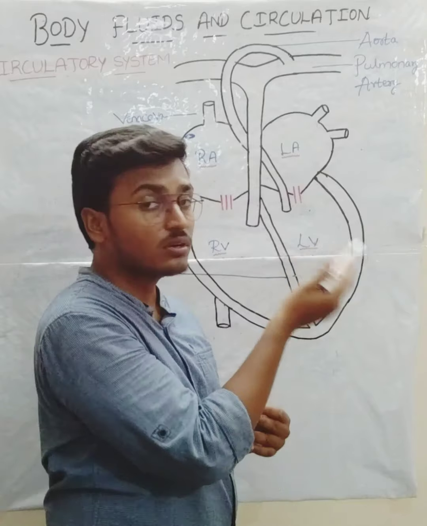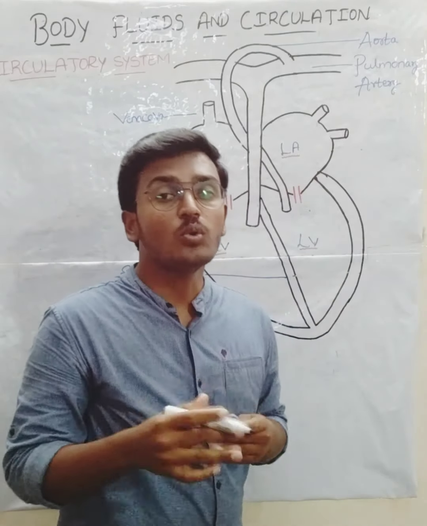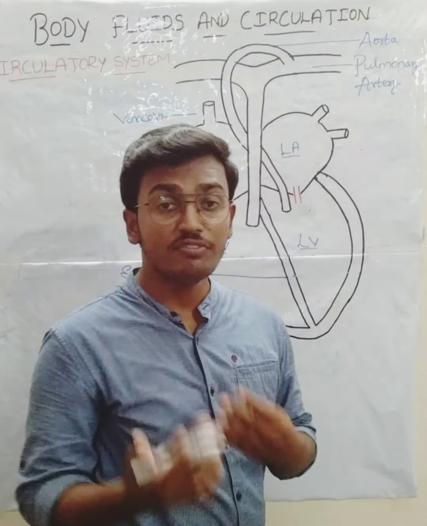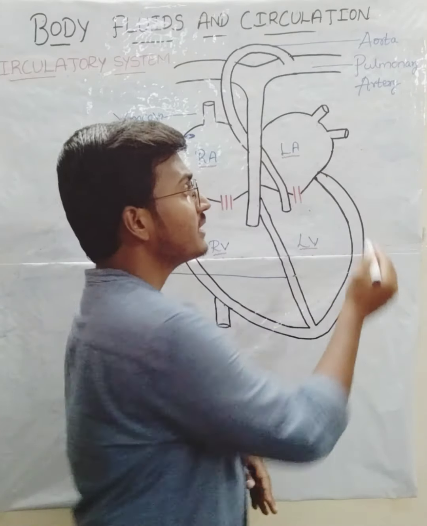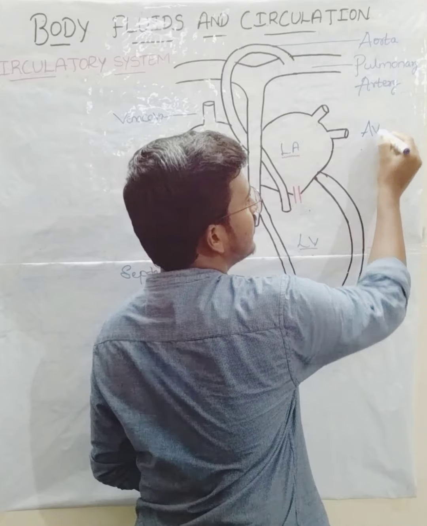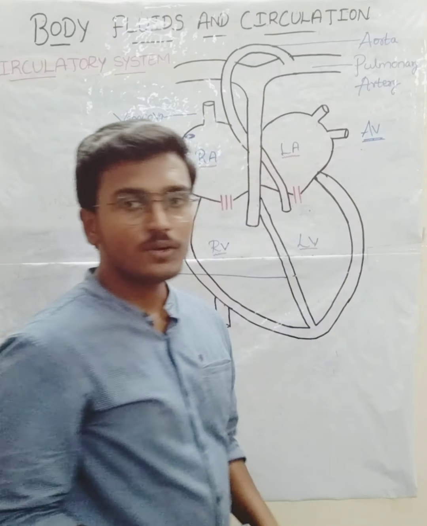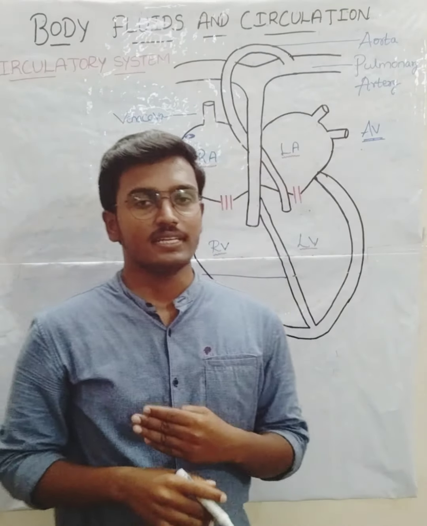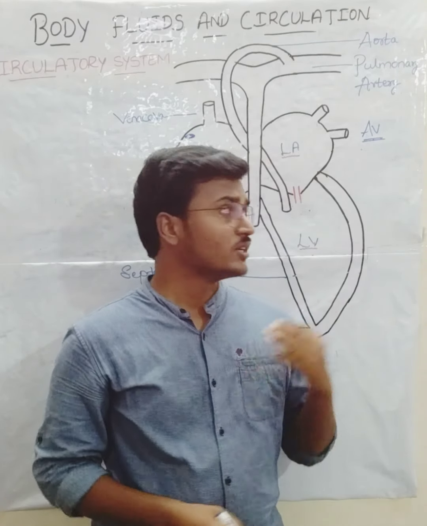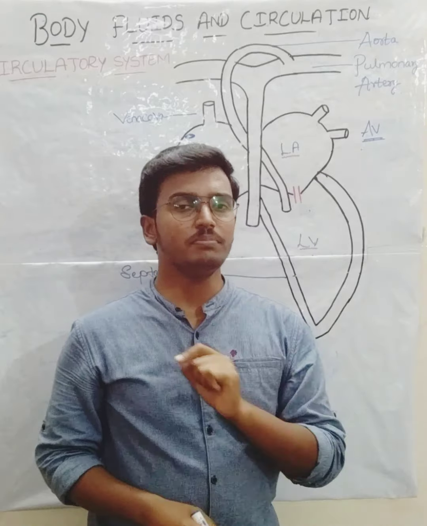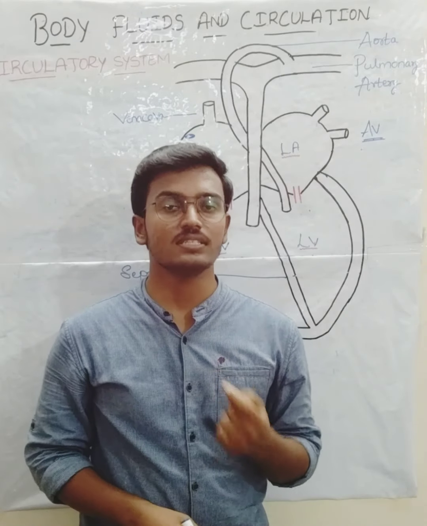Before coming to that, I'll tell you one thing, how to remember which is auricle and which is ventricle, where you might be confused. You can remember it easily by AV. AV comes first, right? AV, like audio and video. Audio comes first and then video. So just remember this simple thing, AV: auricle comes first and the ventricle comes next.